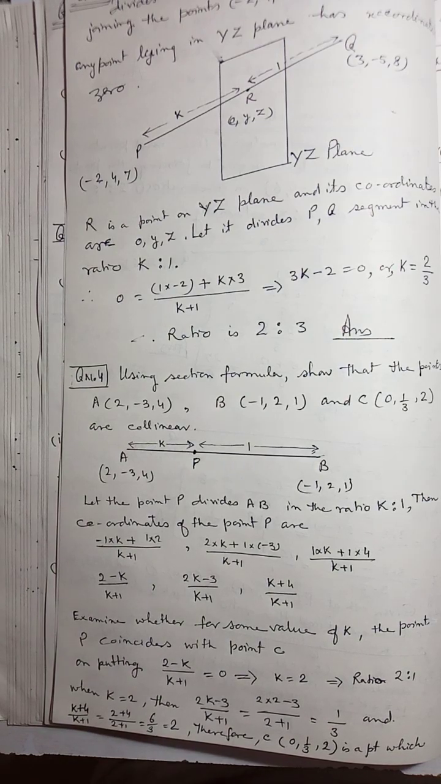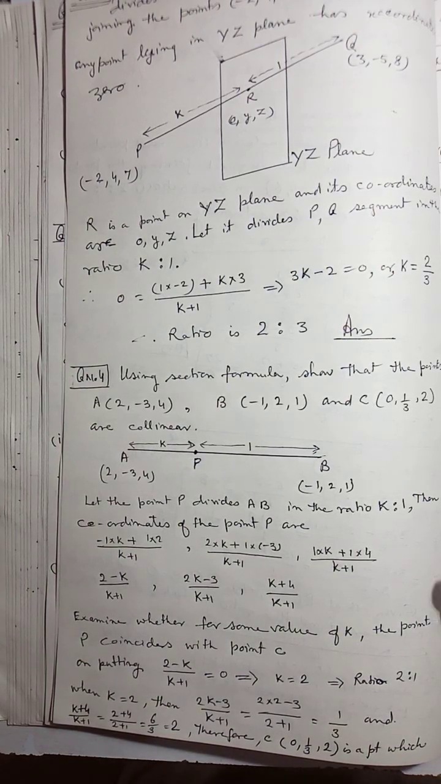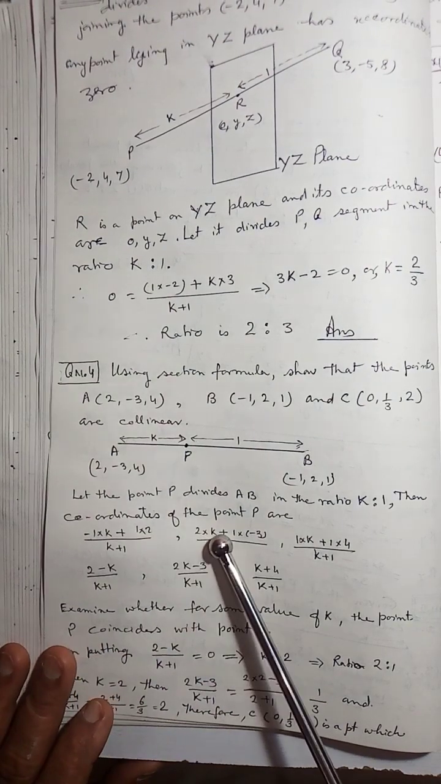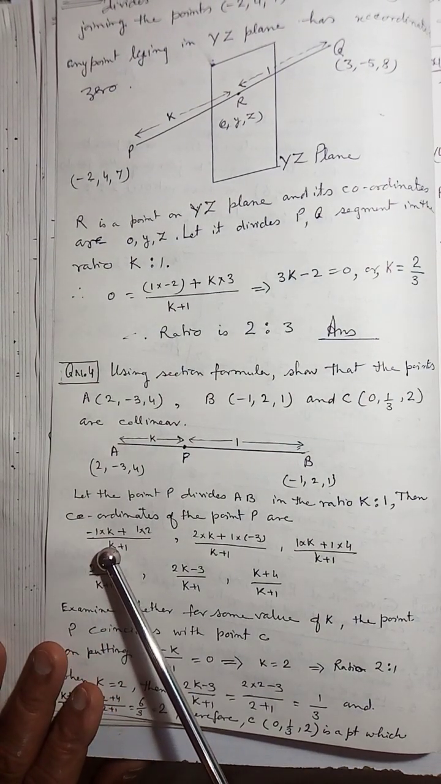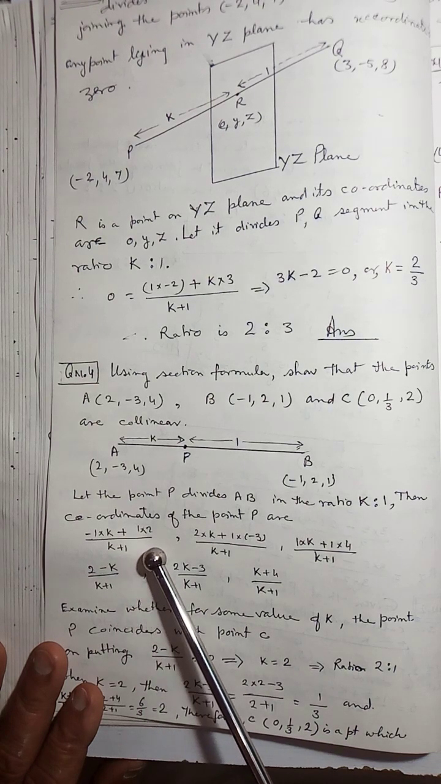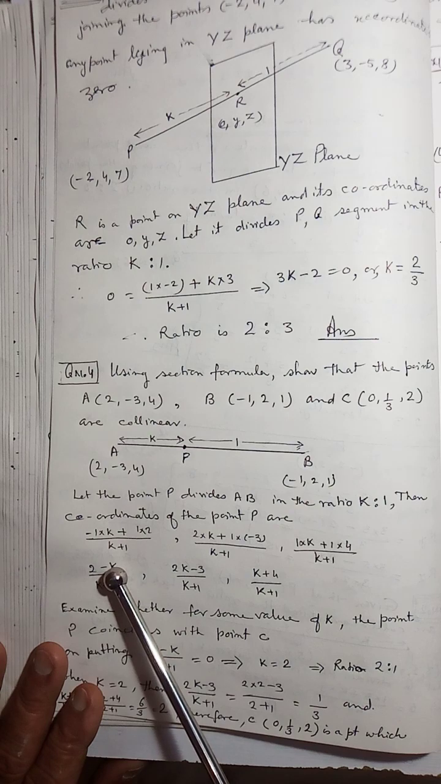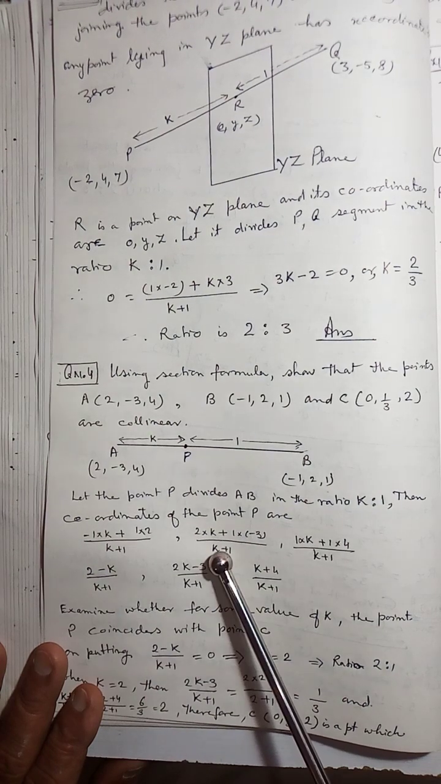Let the point P divide AB in the ratio k:1. Then the coordinates of the point P are: for x, (-1 into k plus 1 into 2) divided by k plus 1. For y